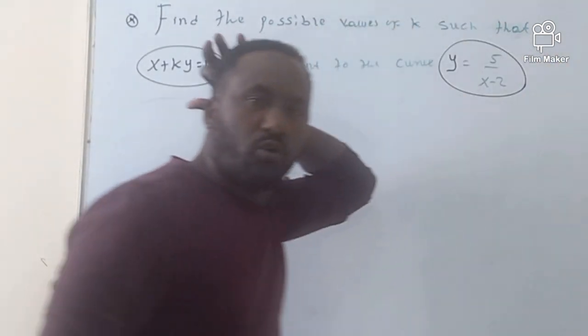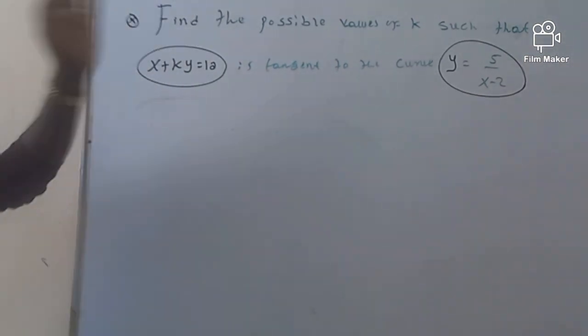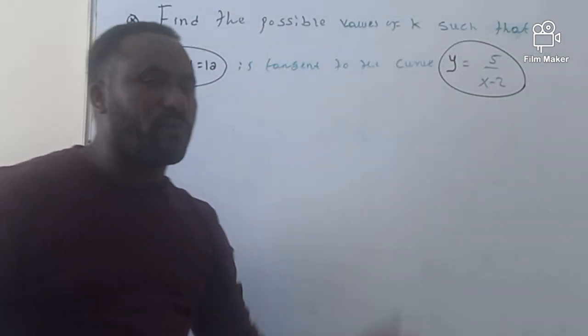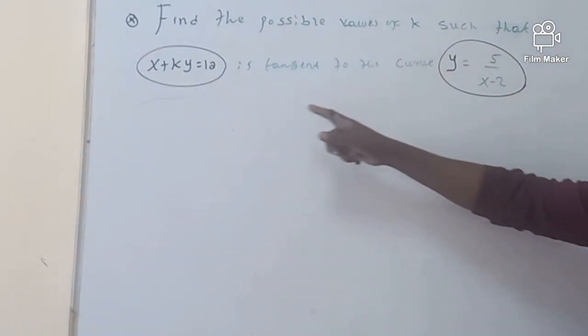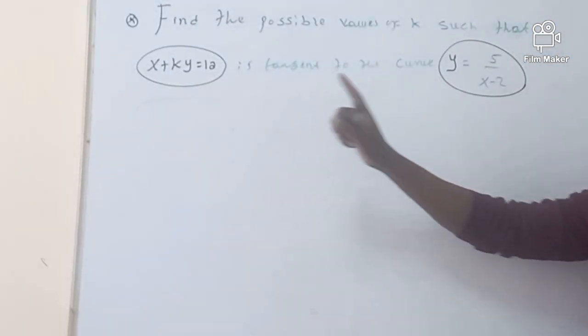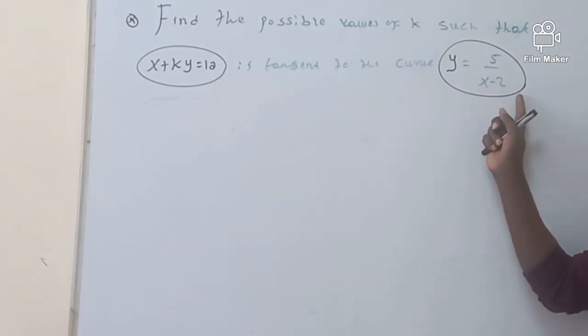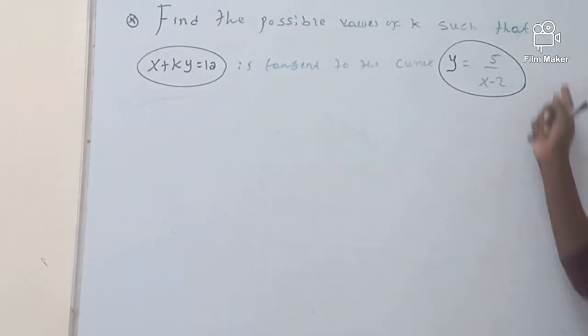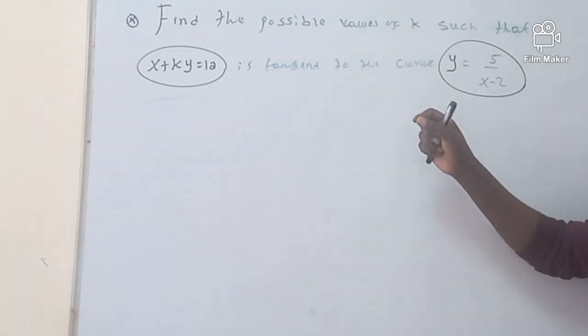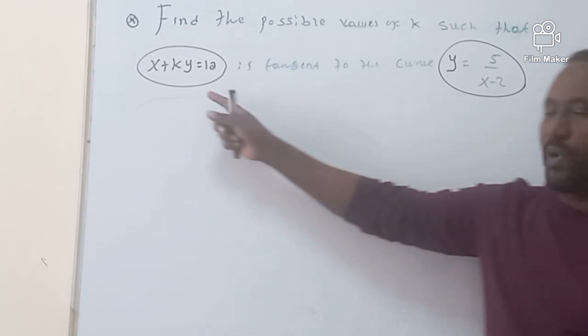First, let me define the possible meaning in general. Look at the problem: find the possible value for k. Say that this line is tangent to the curve of this one. Well, this means how we are going to solve this problem. That's what we're considering. So, in order to find the value of k,